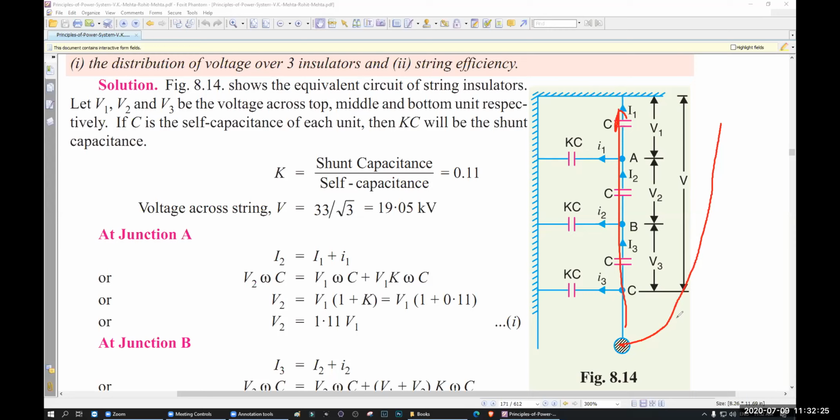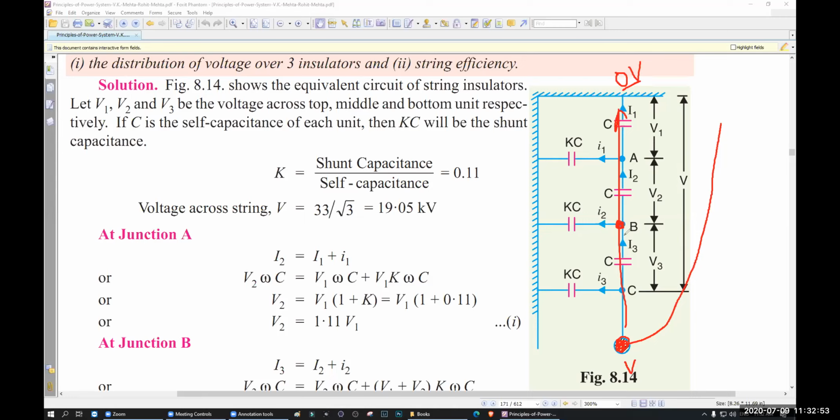So what will happen? What is the voltage here? Voltage here is V, right? Understand? What is the voltage here, V or less than V? Remember, here the voltage is 0. Here the voltage is V. So the more you go up, the voltage will be smaller. Here, the voltage is V or less than V?